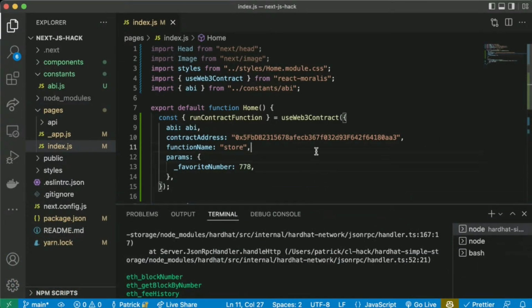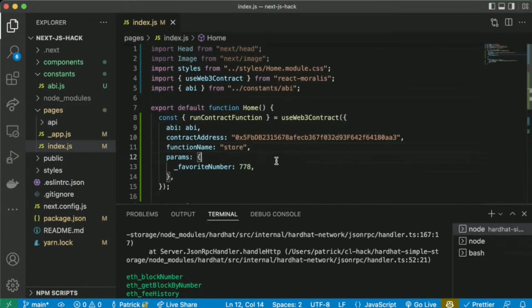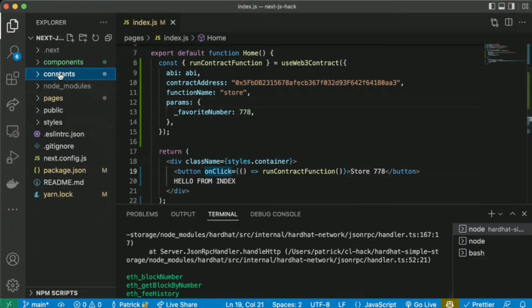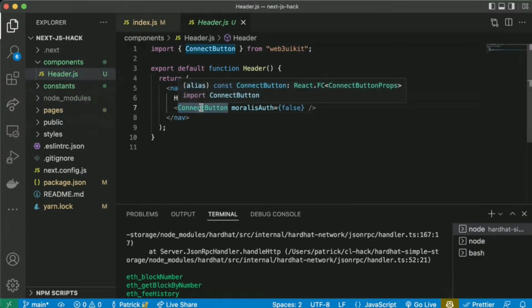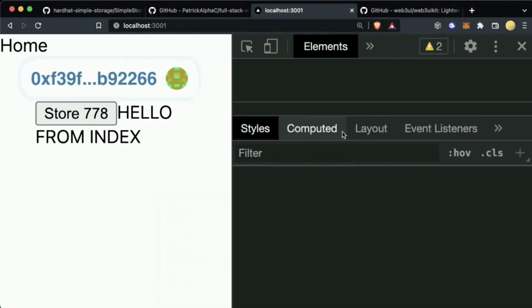Cool. So that's some basic stuff on how to run contract functions with Next.js. So we just stored, which is great. We connected to our blockchain, we ran a transaction, and that's pretty much it. But my favorite thing about this is this connect button. I'm telling you, this connect button is everything under the sun. The other thing is if I refresh, we're still connected. It also stores locally. This is one of my favorite parts about it.